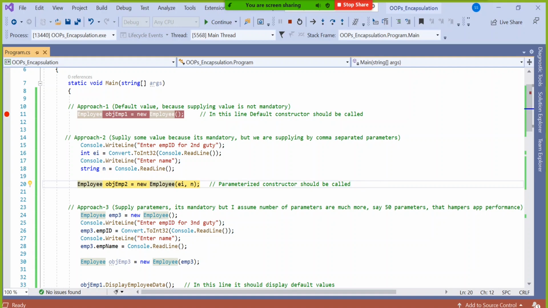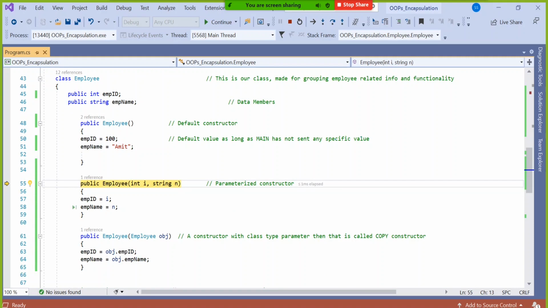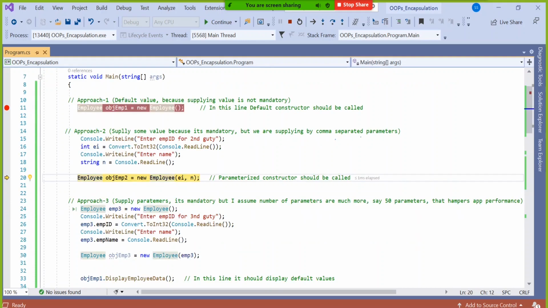F11, it will go to the parameterized constructor. So I becomes 50, N becomes AAA. Now it will proceed further and supply that I and N to the respective parameters. That means currently employee ID and employee name are supplied to this OBJMP2, you can see 50 and AAA.